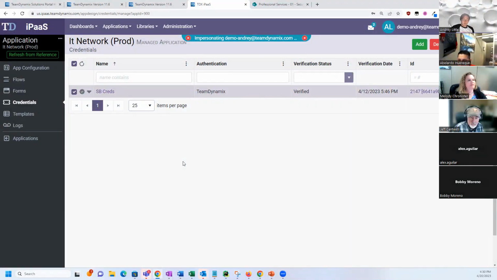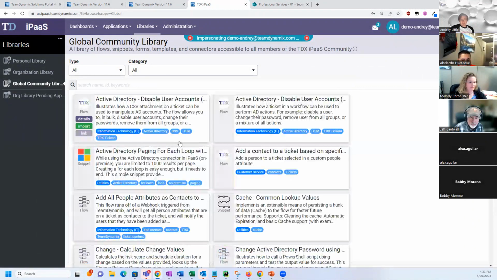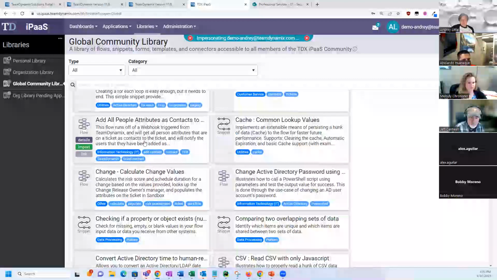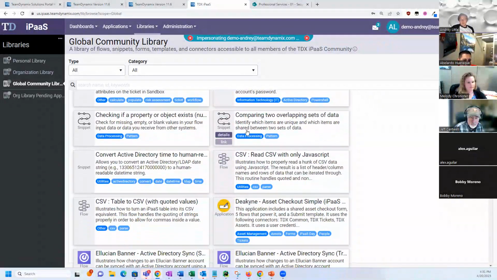As you all are getting started with things, since we have a couple more minutes, I want to point out a few things. One of the biggest things is this libraries right here. You'll have a global community library, and within this there are already a bunch of flows readily available for you. Like you have Active Directory disable user accounts, which I think is based off of a schedule, and then another one that's trigger based. You also have what are referred to as snippets, small little blocks of iPath steps to be easily able to use. You also have